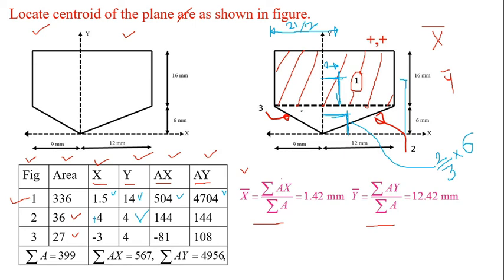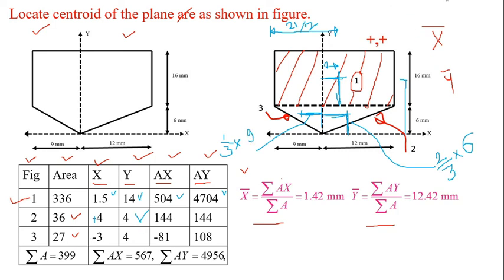Okay. Now, figure number 3. Let us say this is the centroid of figure number 3. Now, what is x? X is the horizontal distance of the centroid of the figure. So, this is x. And this distance is equal to 1 by 3. Now, why 1 by 3? We are measuring from this side, 1 by 3 into the parallel dimension of the triangle. Now, the dimension which is parallel to this side is 9, and hence 3.